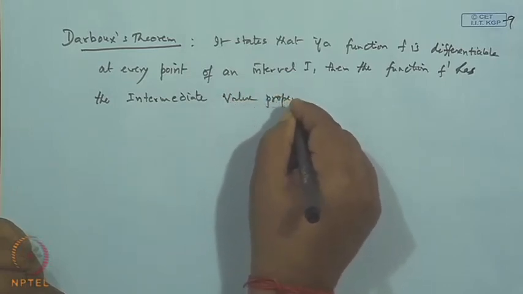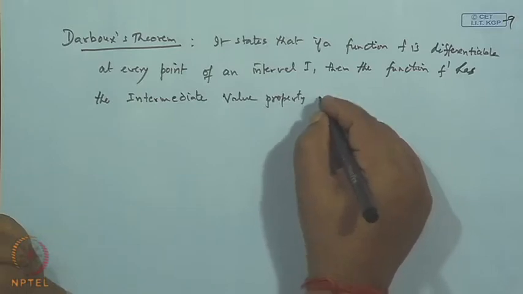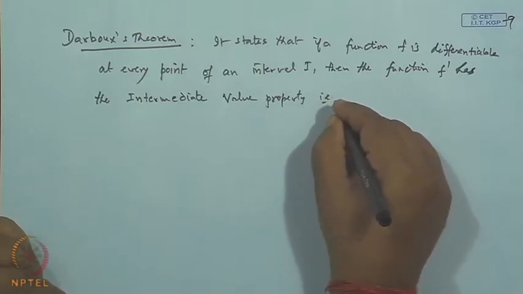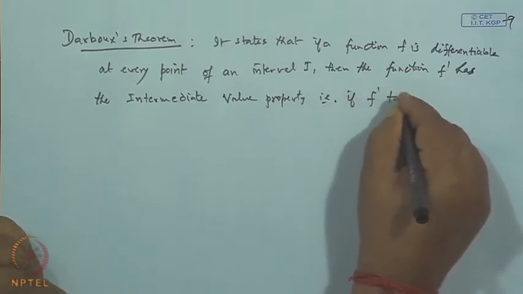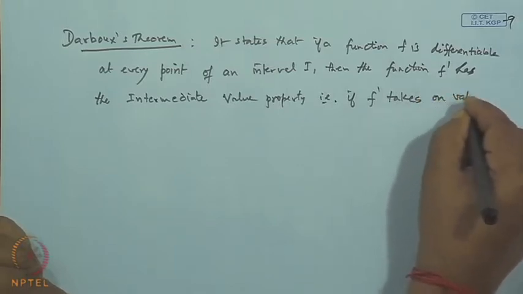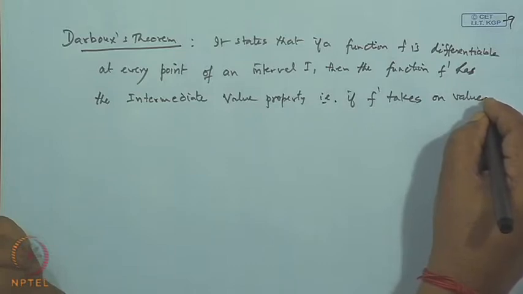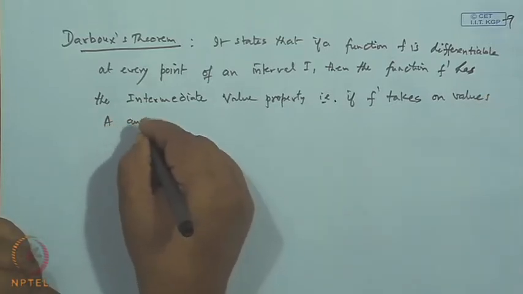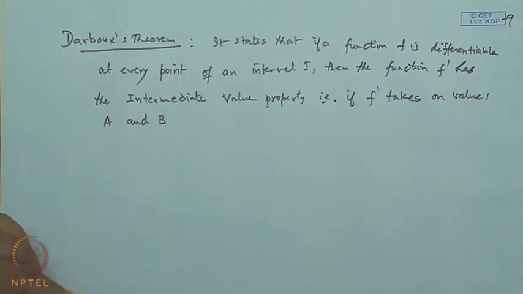The meaning of this is that if f dash takes on values a and b, then